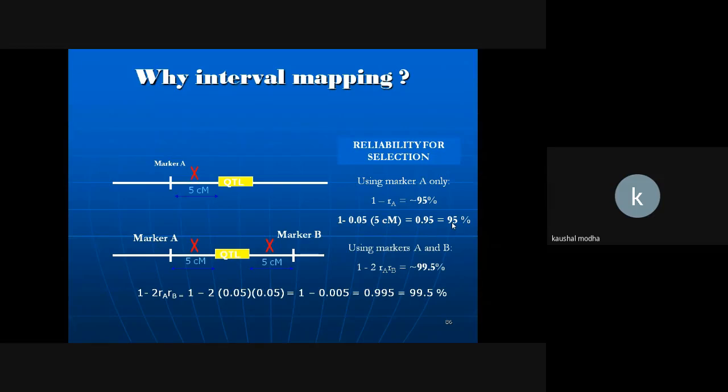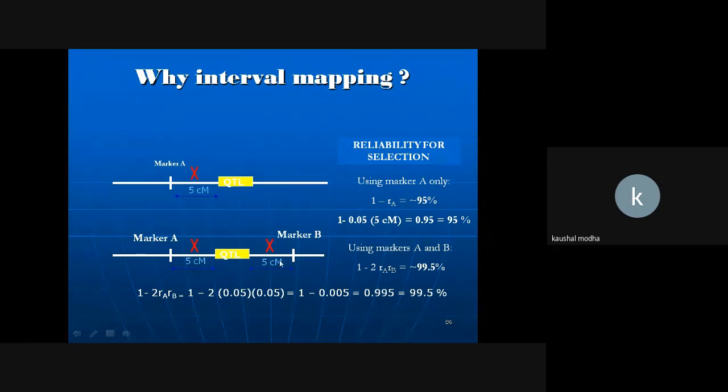In the remaining 5 individuals, marker A might be present, but there is no guarantee that the QTL is also present. That is the meaning of the 5% level of significance statistically. Now, if we utilize two flanking markers, marker A here and marker B on the other side, the distance remains